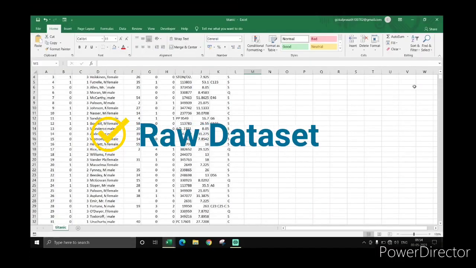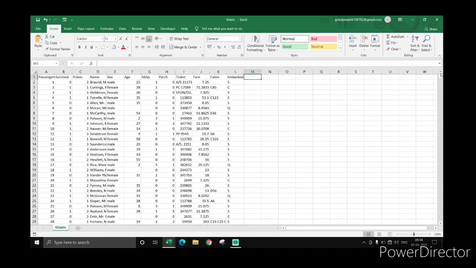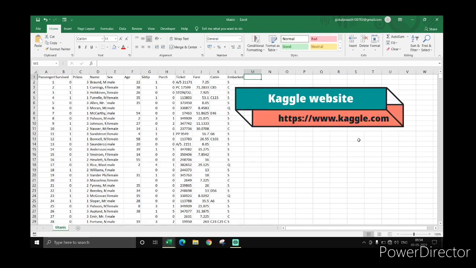Hello all. Today we are going to see the insight from the Titanic dataset, which I have taken from the Kaggle website. I have shown here the Titanic raw dataset, which I have imported from the Kaggle website. It contains records of more than 891 rows